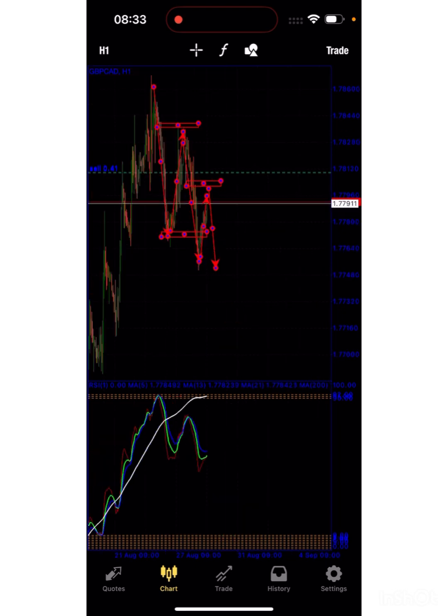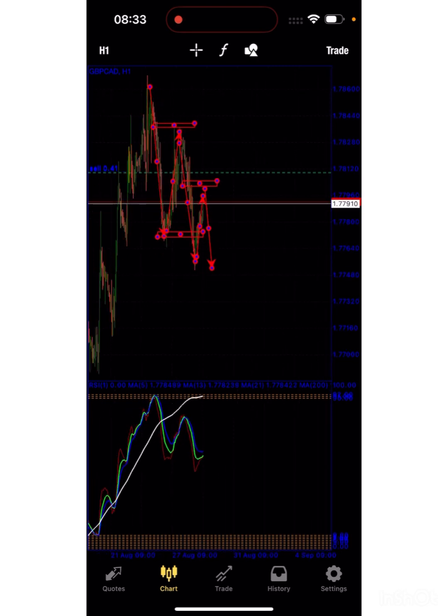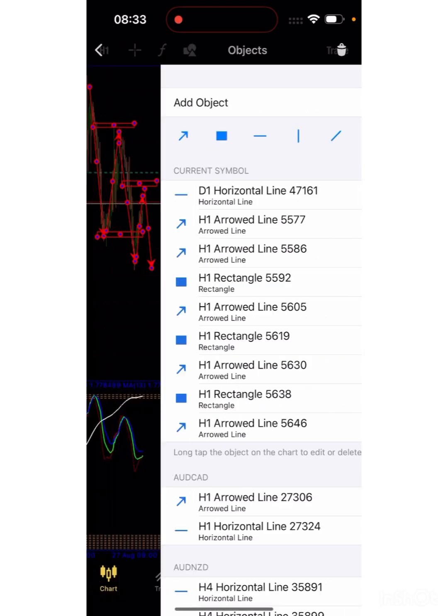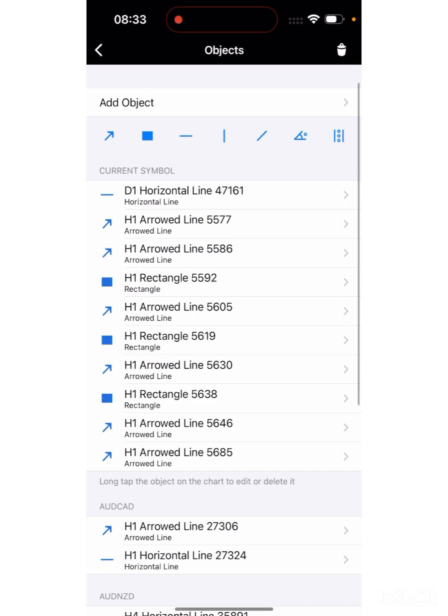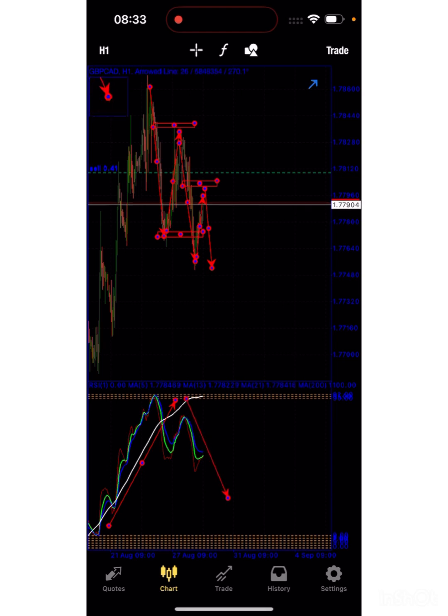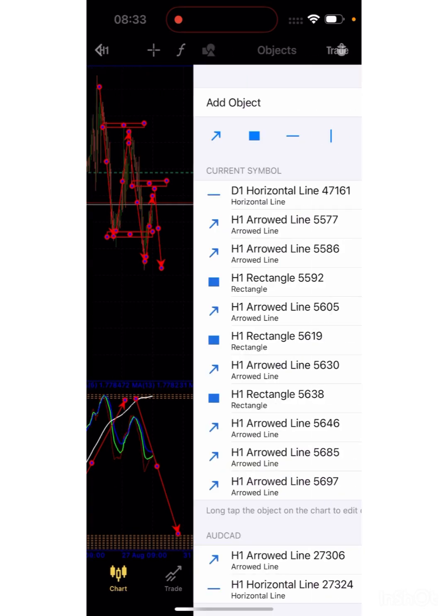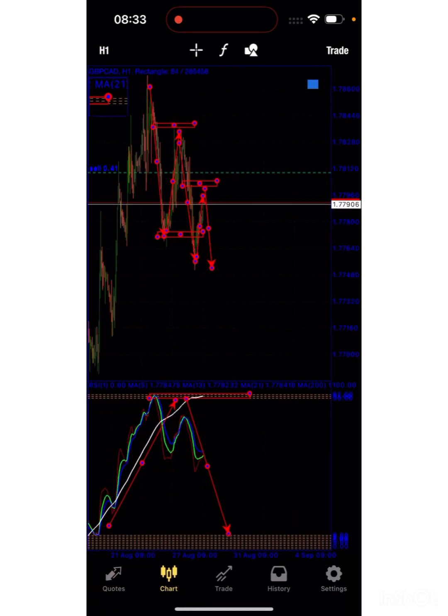Of course, when the strategy says it has reached level 90 right here, you need to understand that the market is going to drop all the way to this point over here. But at the same time, when you see the market is already around this area, you have to pay attention